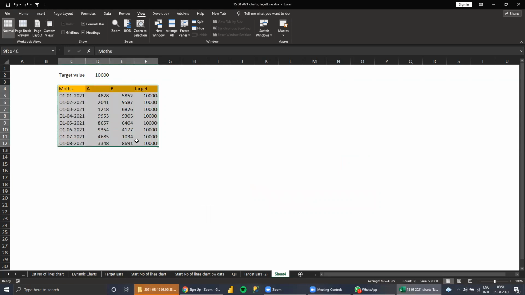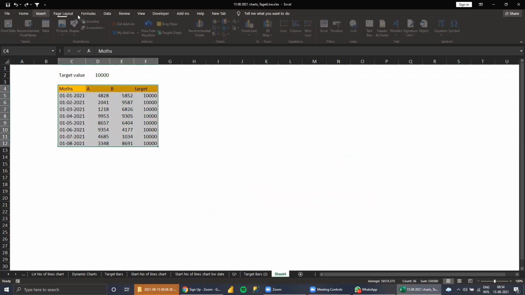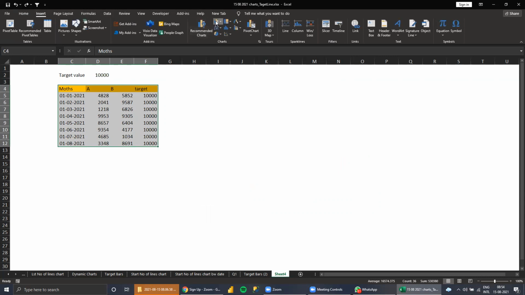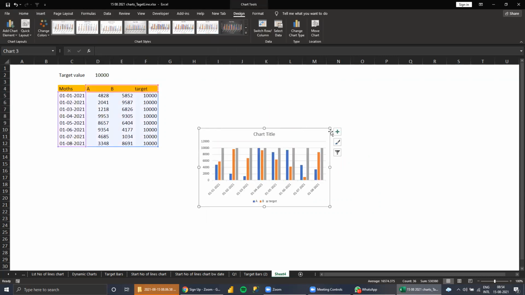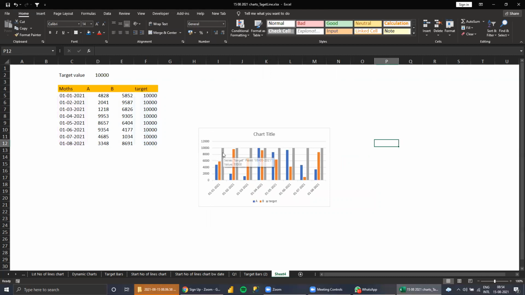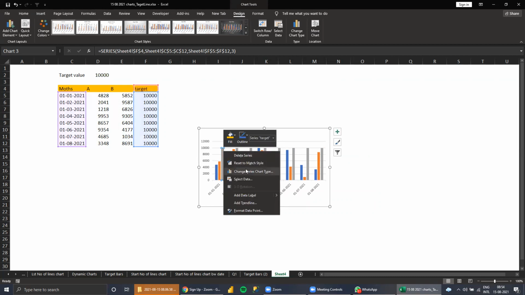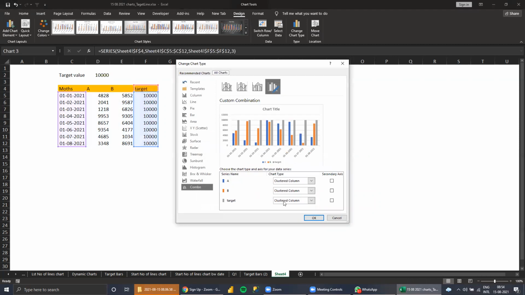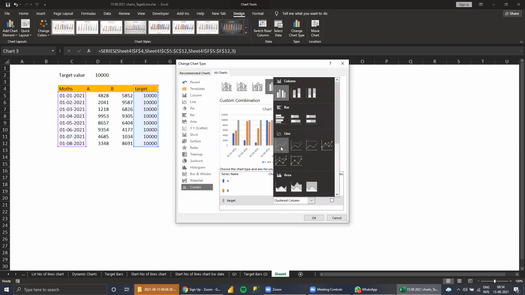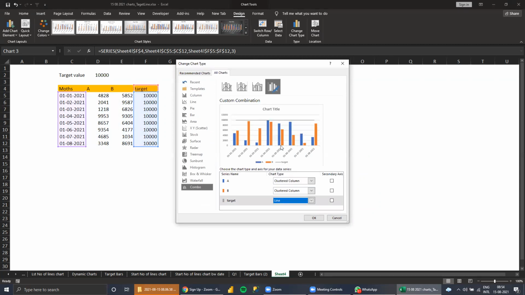First I need to give the chart for all the values. Okay, bar chart. So this is the target, the same for all the months. So we need to select it and change the series type. Here we need to change to line. Okay, so the line automatically appears here.